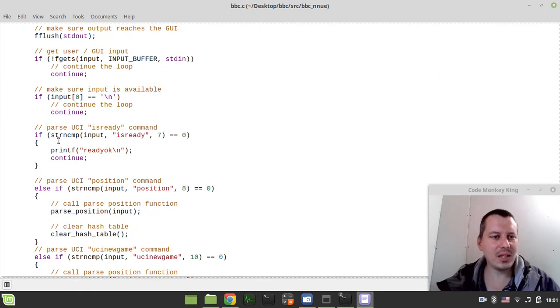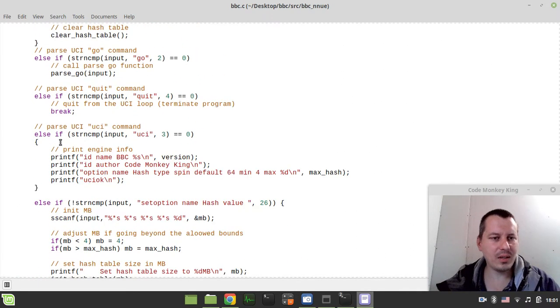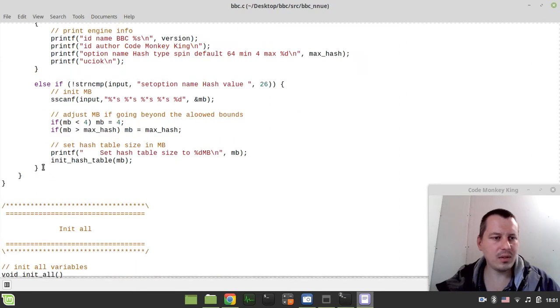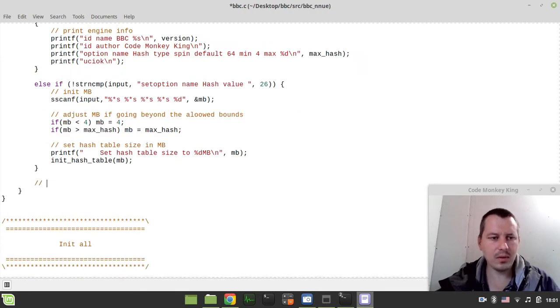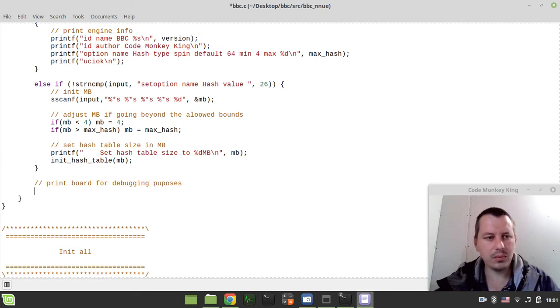So let's say, if the command, so here, print board for debugging purposes, okay, so we can simply say like